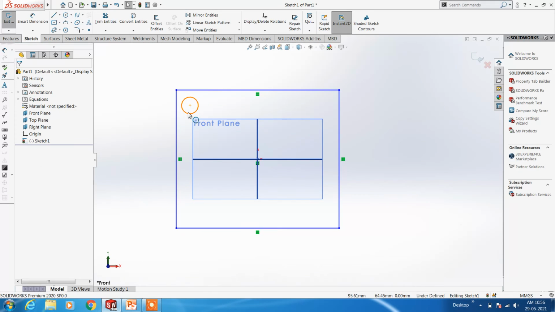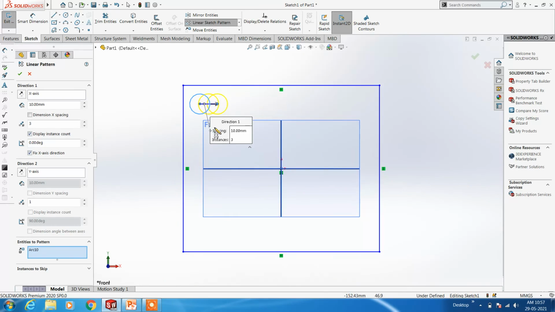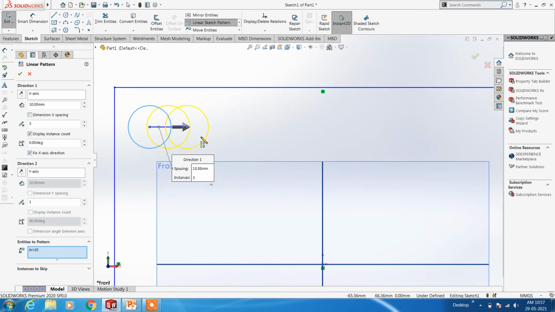I want to pattern this circle in this boundary condition, so we can go for linear sketch pattern for making many instances. So direction x axis I am giving instance. Before that you need to select the entities which you want to pattern. Then only it will be coming.